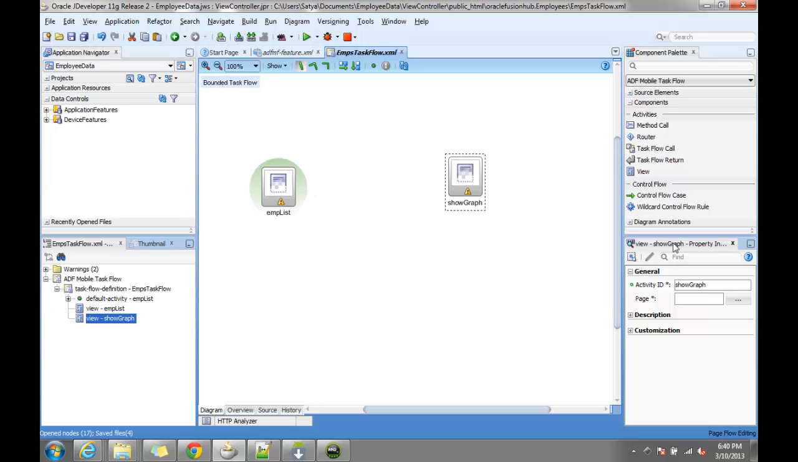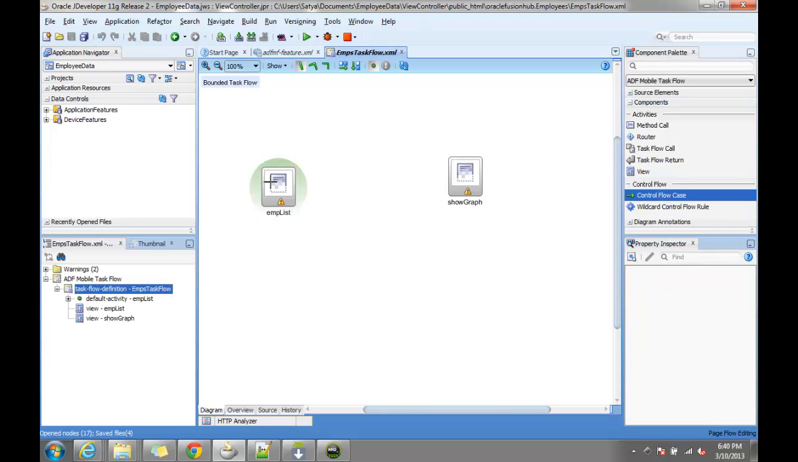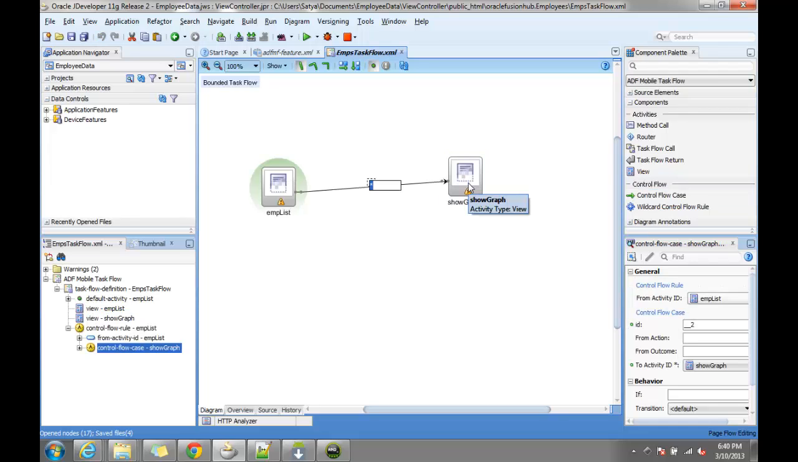Now just link both the things we're using the control showcase, and name this as show graph. This is a basic task flow. Now before we begin with the creation of the pages,